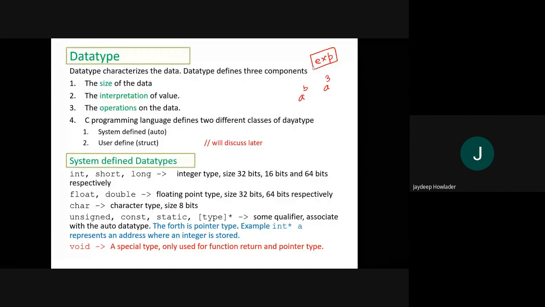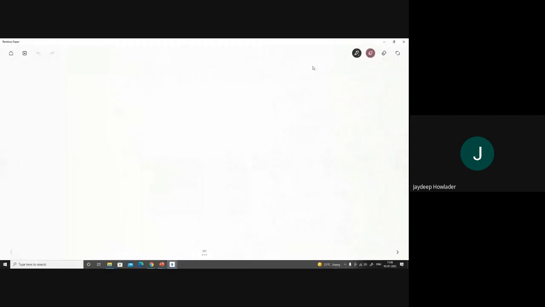Similarly, for some data types, like integer, long or short, there is an operator called modulo. I can perform a modulo 5, which means variable a is divided by 5 and the remainder is the answer. So 27 modulo 5 gives me 2, which is the remainder.